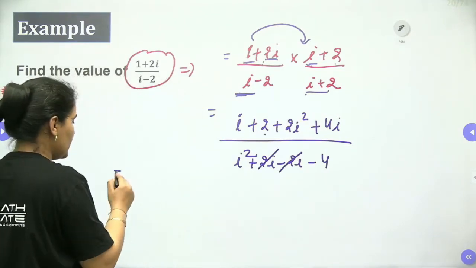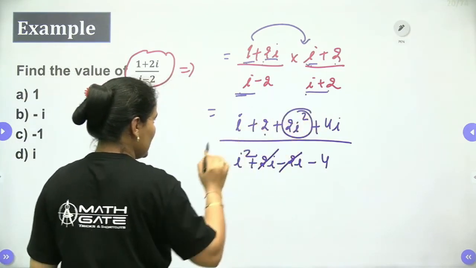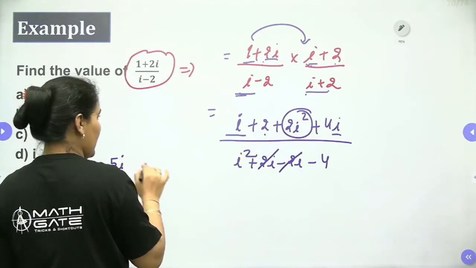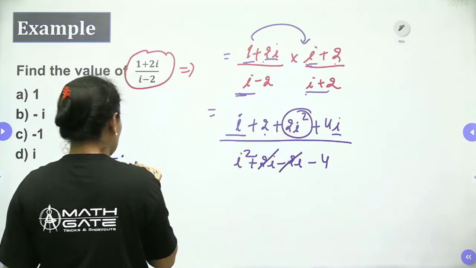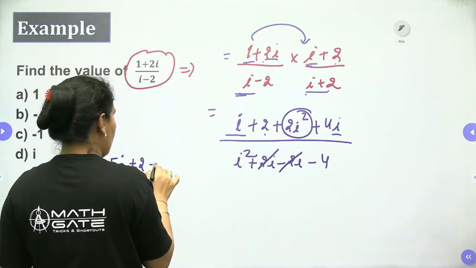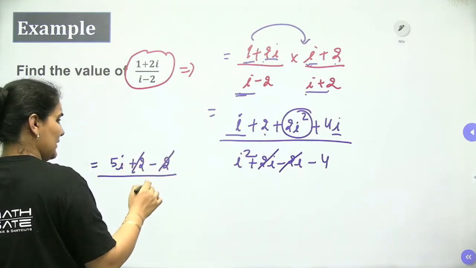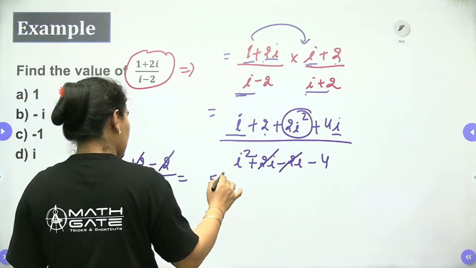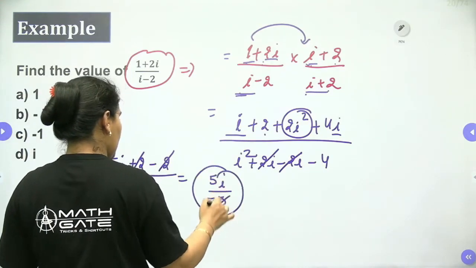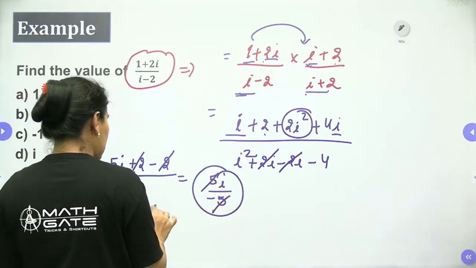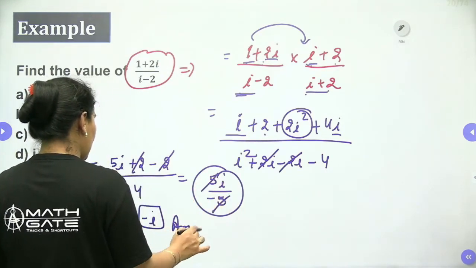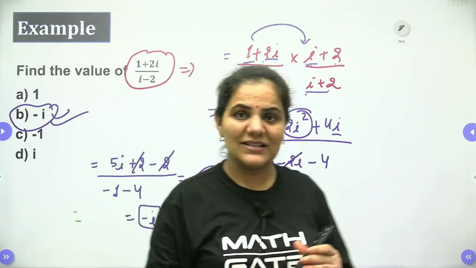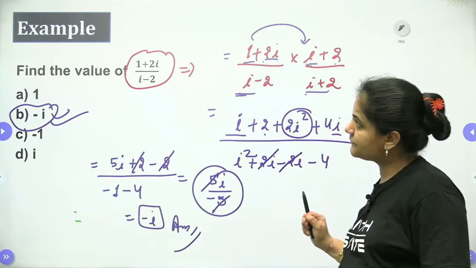Yes, so when we approach from here, that we know very well, iota square is equal to minus 1. So it will be, first of all, 1 plus 4 means 5 iota. Here we will have minus 1, so it will be 2 minus 2, which will exactly cancel out. Iota square is minus 1, minus 4 we are having, so we will have minus 5 iota by minus 5. 5 and 5 will be cancelled out, hence the final answer will be minus iota, which we can see in option number B.